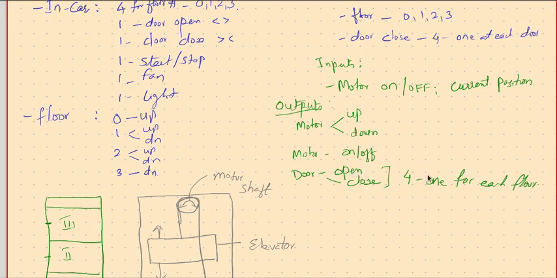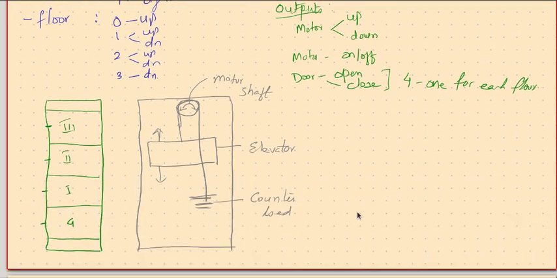So the correct door should be allowed to open, then wait for some delay, and then say close the door. So these door outputs, open the door and close the door, are the two outputs, which in turn control the motors which move the doors in and out. So that's the other thing. Okay, schematically, if you want to see, we have a ground floor,